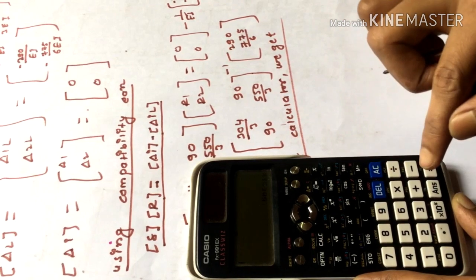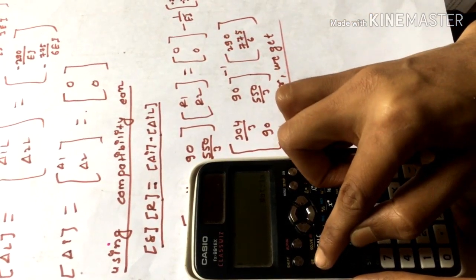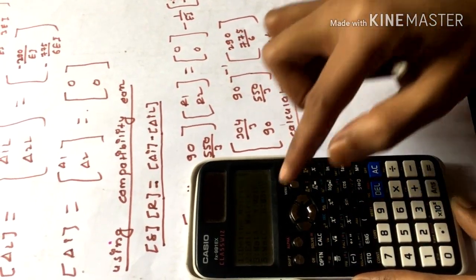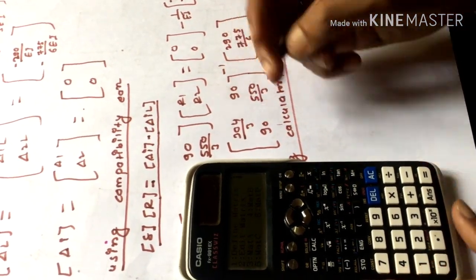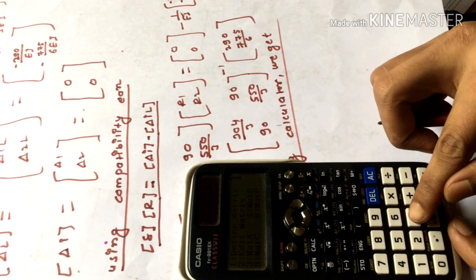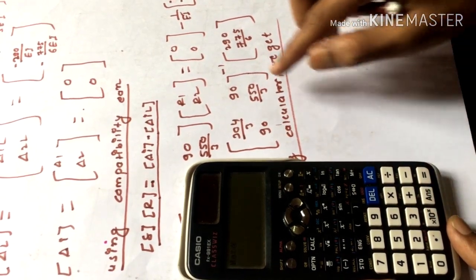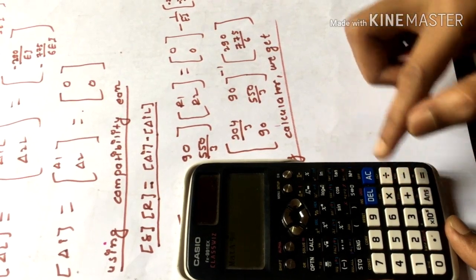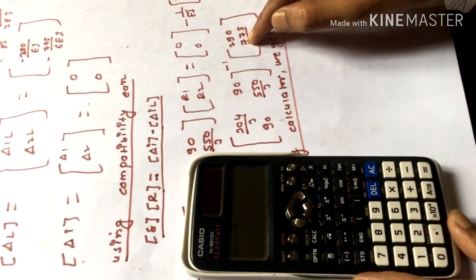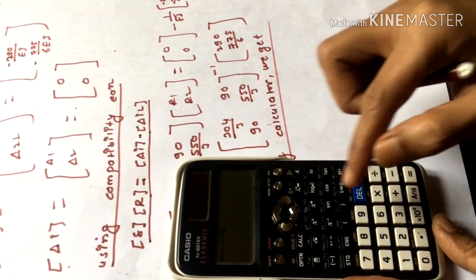Now let us save this matrix and move towards option mode. In option mode, this matrix is saved in matrix A, so let us enter 3, and we have to inverse this matrix, so enter inverse, multiplied by the matrix we saved in matrix B,